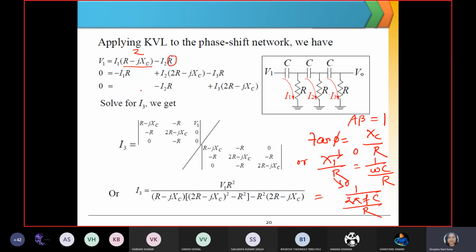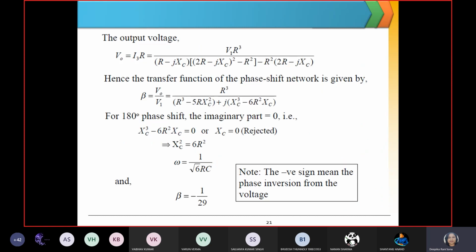So if you solve this part for V1, we may get this equation. Similarly, we have to solve it for I3. Then V0 we have to solve. After solving, I'll explain it to you, guys. Don't worry. Just try to understand what I am going to convey. The entire derivation I will give you for a 3-phase RC phase shift network. So what we are getting is V0 by Vin, or here Vin is V1. Beta stands for the ratio in between, because this is the feedback gain, right? V0 by Vin, V1. So here we are getting the real part and the imaginary part.